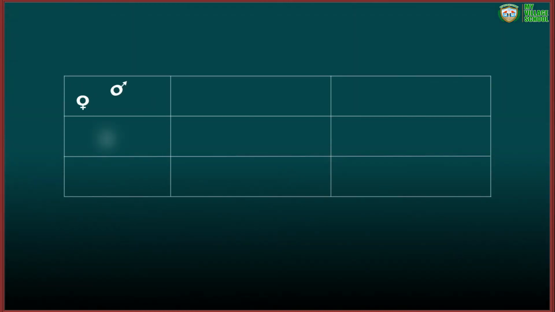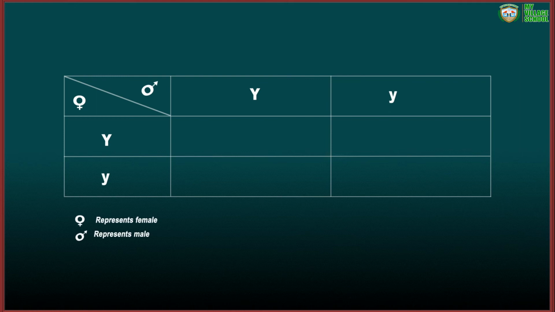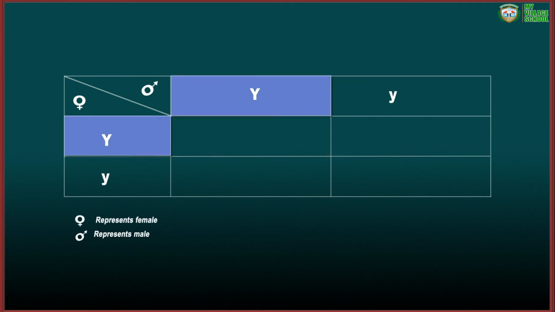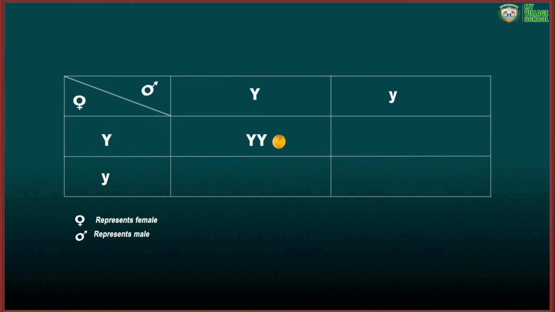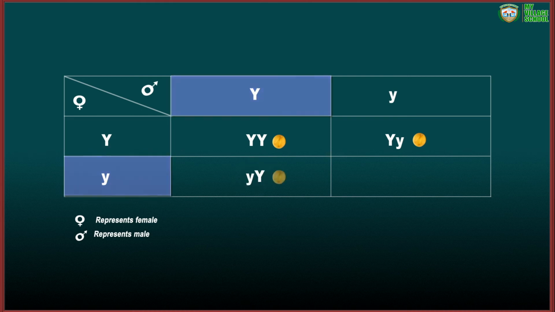Genotype. Genetically, in 75% yellow seed producing pea plants, only 25% pea plants produce yellow seeds that are pure breeds, which is capital Y capital Y, and are homozygous, that is, they have the same factors for representing a character. The remaining 50% yellow seed producing pea plants are capital Y small y, heterozygous. The remaining 25% green seed producing pea plants are pure, small y small y, homozygous type.